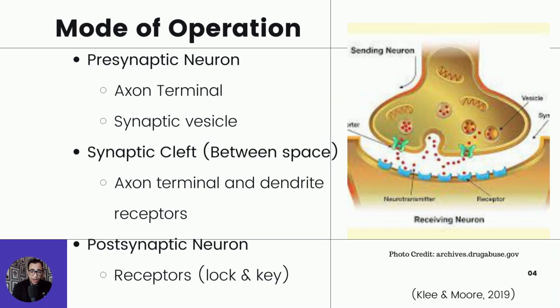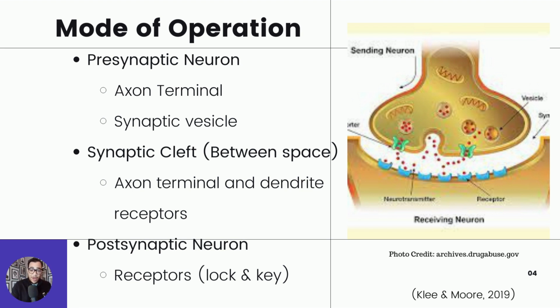So the mode of operation, again, you have the presynaptic neuron, which has the axon terminal, which is the descending hoof-looking structure at the top. And they include synaptic vesicles, which you can see are the circles in this structure, and the red dots in those vesicles are the neurotransmitters. When they get to the edge, they fuse out and cross over to the synaptic cleft, which is the space, the white area, between the axon terminal, which is the sending neuron, and the dendrite receptors,